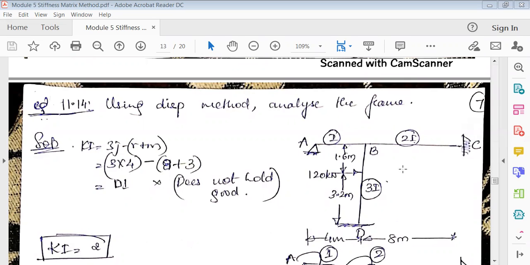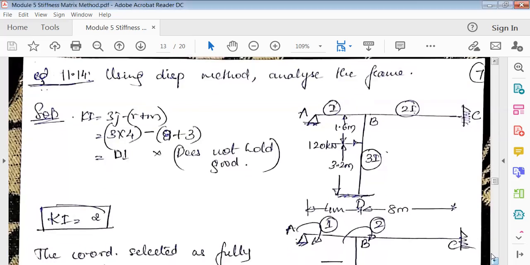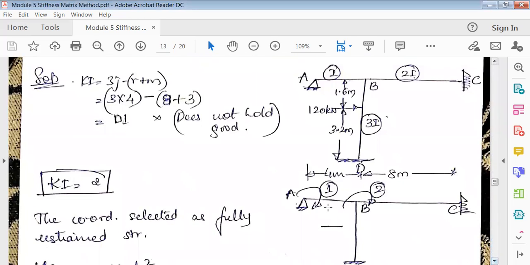So as usual, in previous steps we used to find the kinematic indeterminacy first. But the kinematic indeterminacy formula, 3j minus r plus m, will not hold good for frames. It is only acceptable for beams. So here, just by seeing the frame, we can analyze where there is